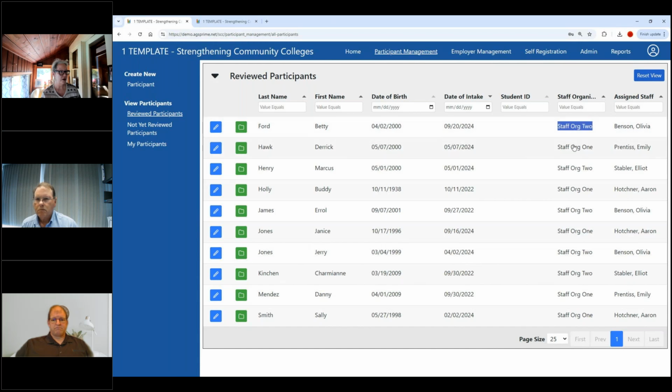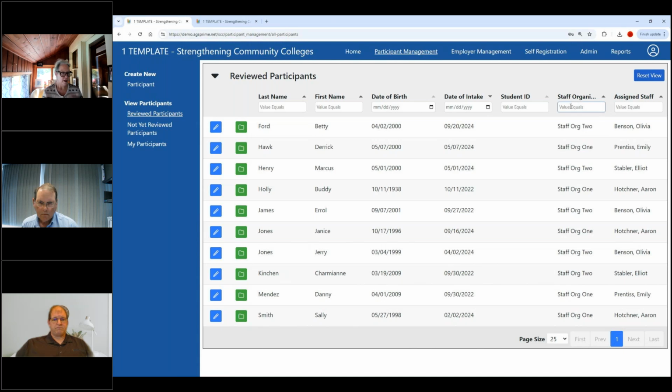We see staff organization 2 and staff organization 1. We have what is baked into the architecture, called organization level security, so that all of your users are going to be assigned to a staff organization, so that when they log in, they are only going to see